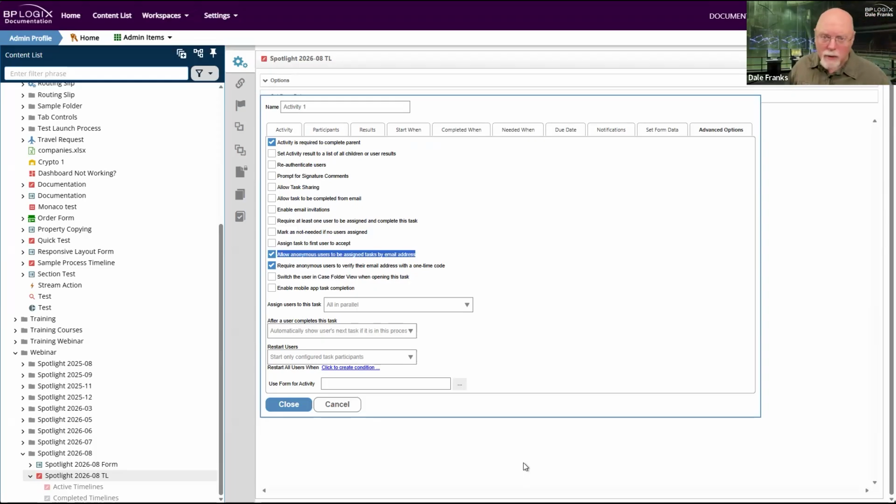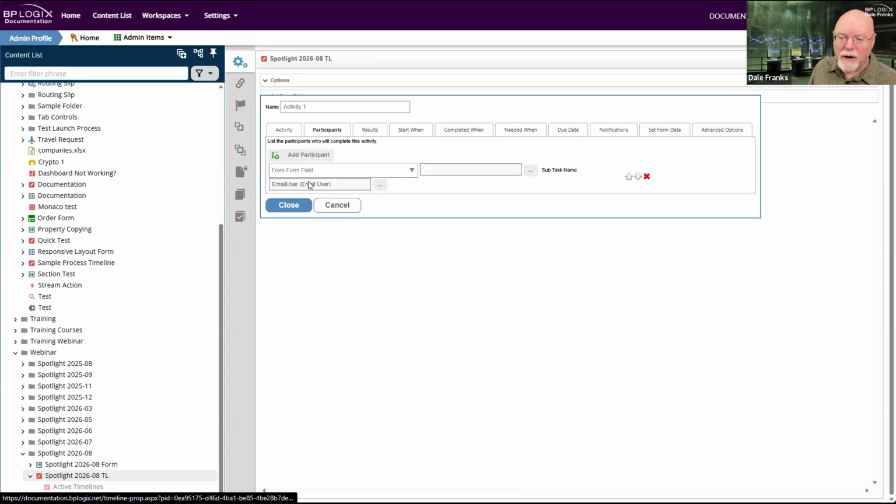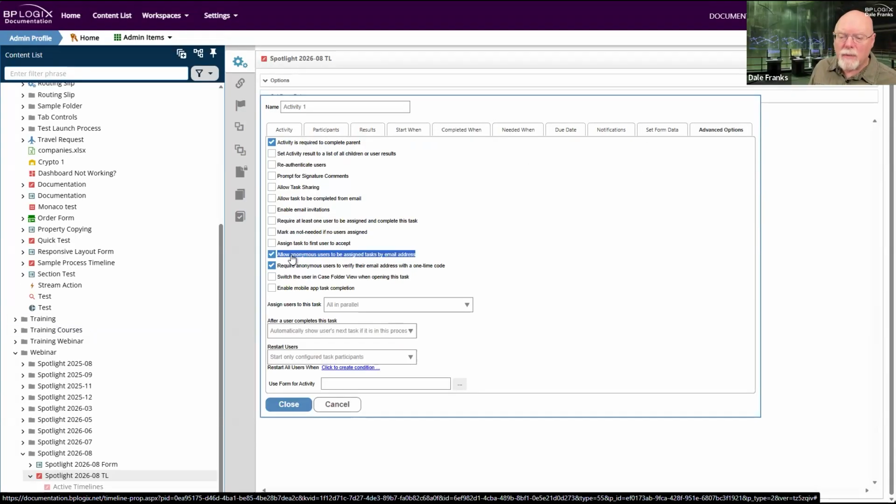That invokes the ability to just have a form field on a form, put an email address in it, and use that form field as the participant of the activity, which is essentially what I've done here. I've got a form field called email user.